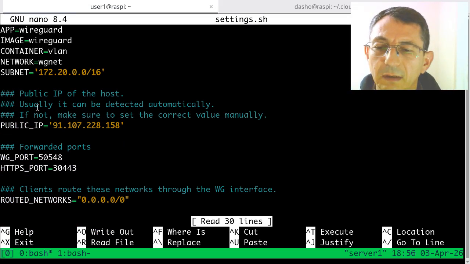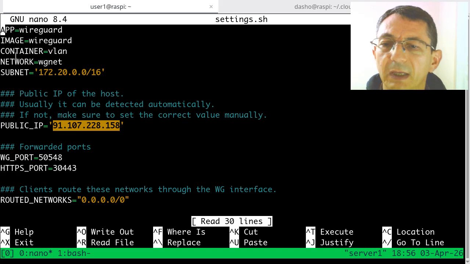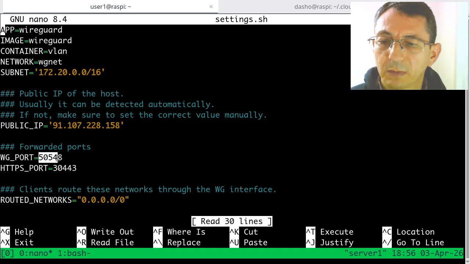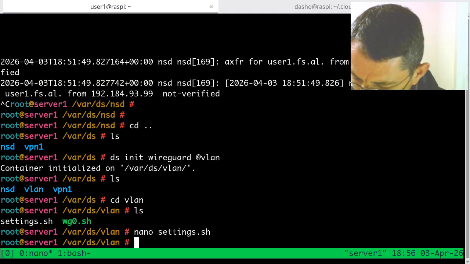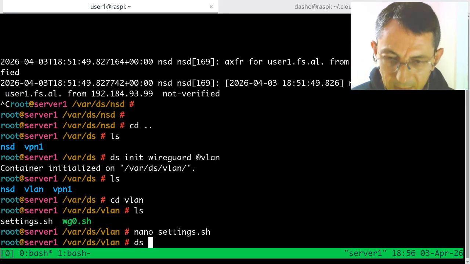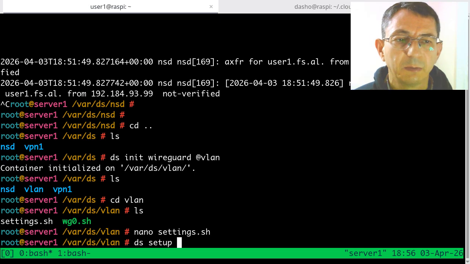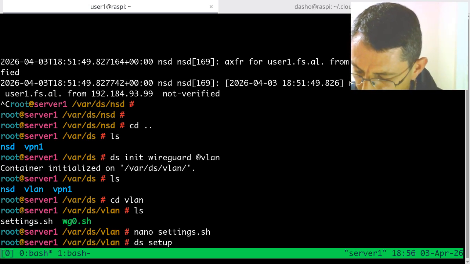We see that there are some default settings. It has found out the public IP and has modified settings properly. It is using a random WireGuard port, etc. But now we can use this command ds setup. For this use case, for building a virtual LAN, we can use this command ds setup